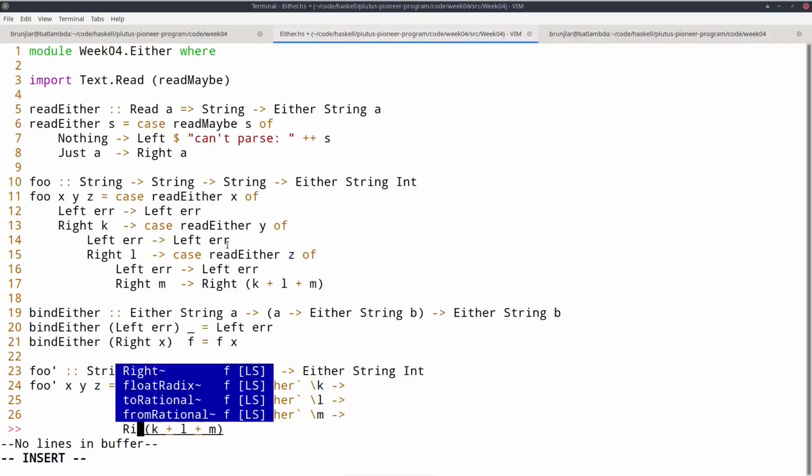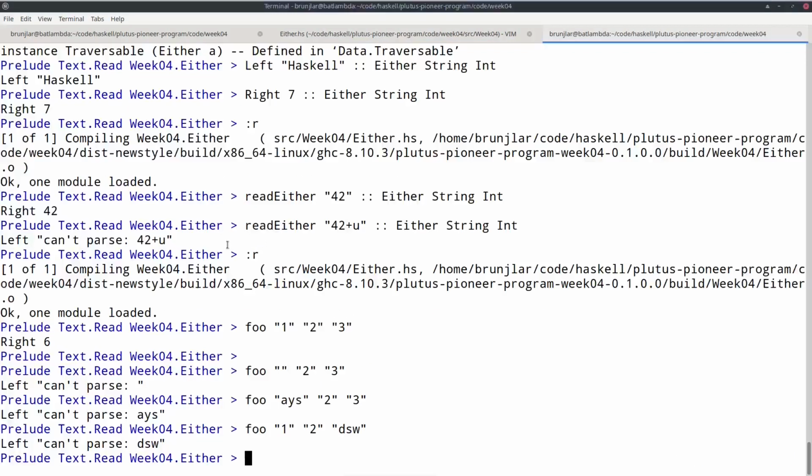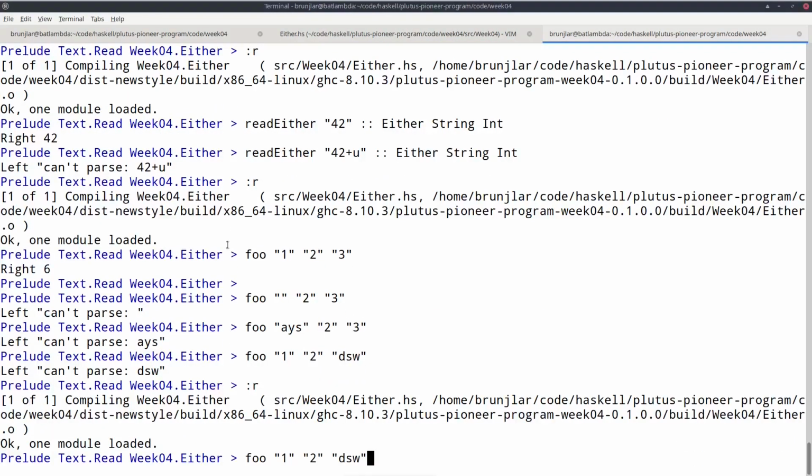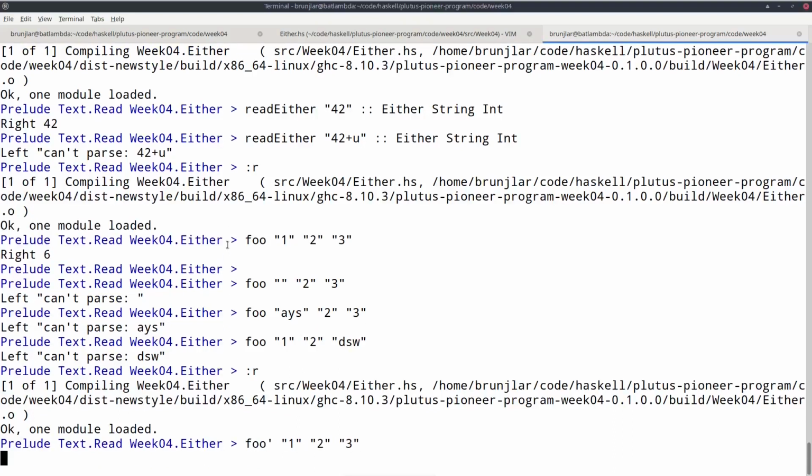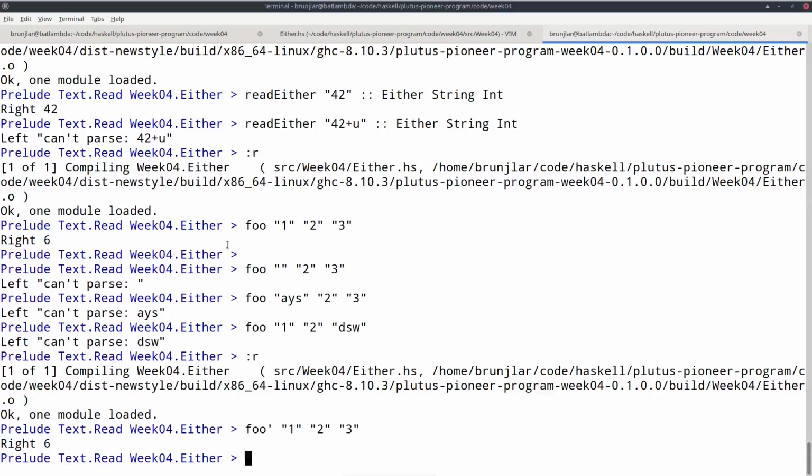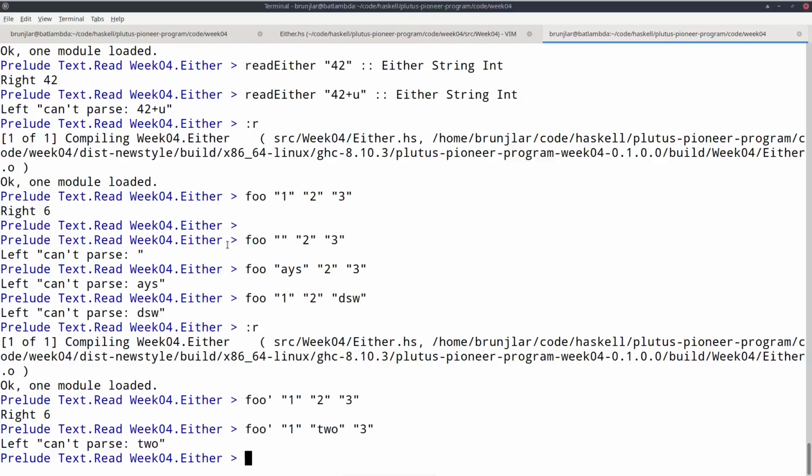And here write. And now the same should again work if we use foo prime. So if all goes well, we get right, and if something can't be parsed as an integer, I get a nice error message.